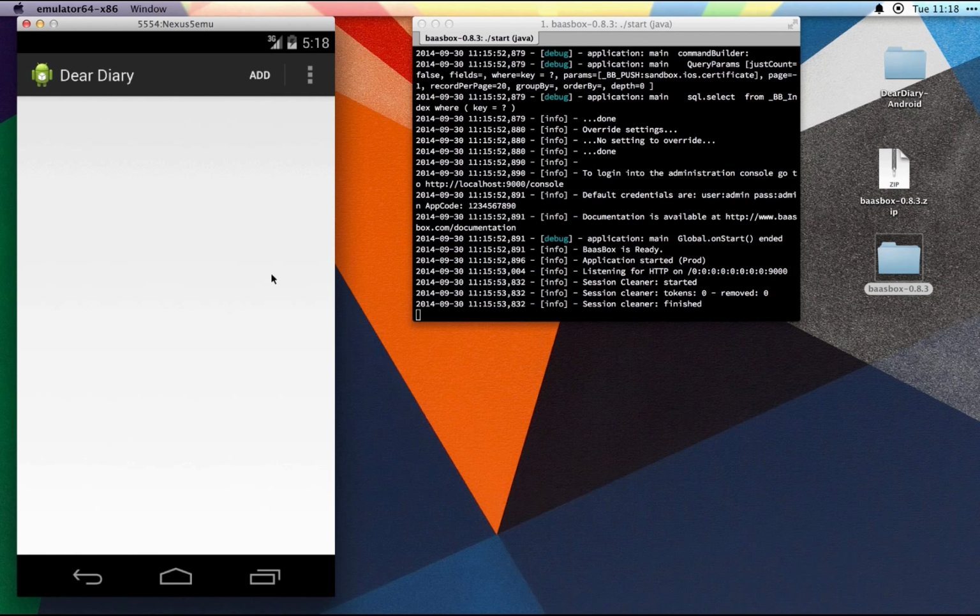Okay, and we are presented with an empty screen for now. What we can do with this application is create notes and save them on the server, and then look back at them later. So just add one note. As you can see, we are presented with an editing screen, and we will fill this form with our first note. Nice to meet you, Baasbox. So press add, and as you can see, we have